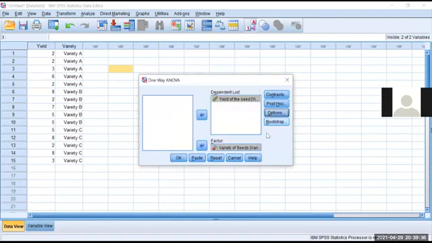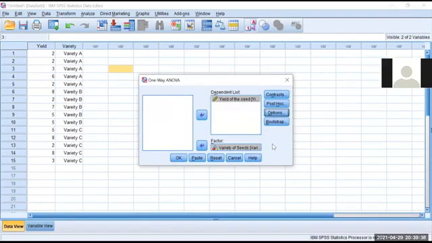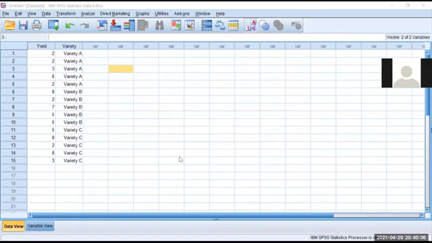For some research, like social sciences, we need to go into in-depth technical tools and interpret. In domains like science, if you mention the basic analysis, they will accept the paper. In that case, you can go with the descriptive statistics. After choosing all those things, give OK. Then I will stop sharing and show the output screen.